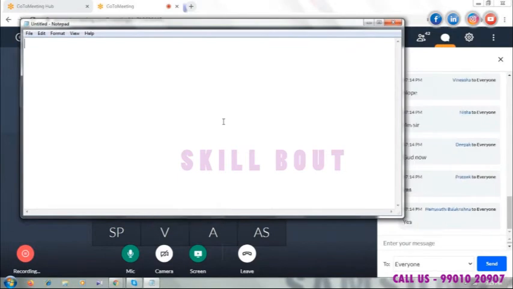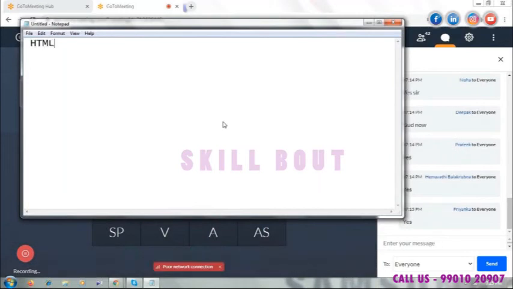So before we start with HTML, I elaborated what HTML is. It is nothing but Hypertext Markup Language. Okay. So before we get started with what exactly HTML is, I would like to bring in a few